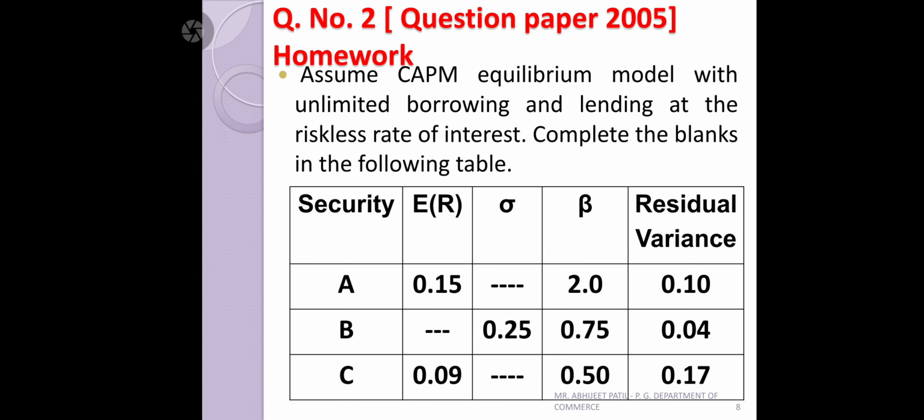Then we come to the next question. This question is a similar one, and it was again asked in the 2005 question paper. The problem we already solved was asked in 2017. The next question is similar to it, asked again in the 2005 question paper. So practice it as homework. It is the same thing as we solved in the first one from 2017, only the values have changed. So practice what I solved in the first problem.